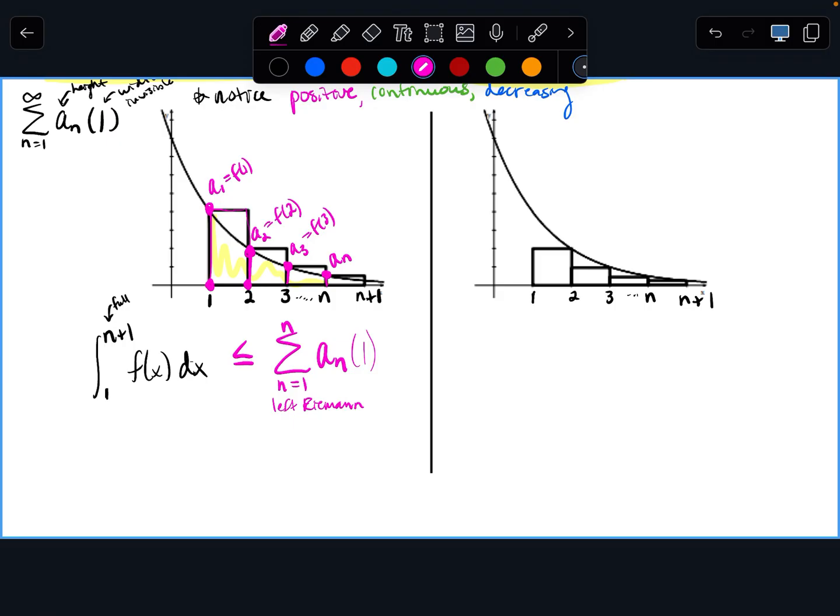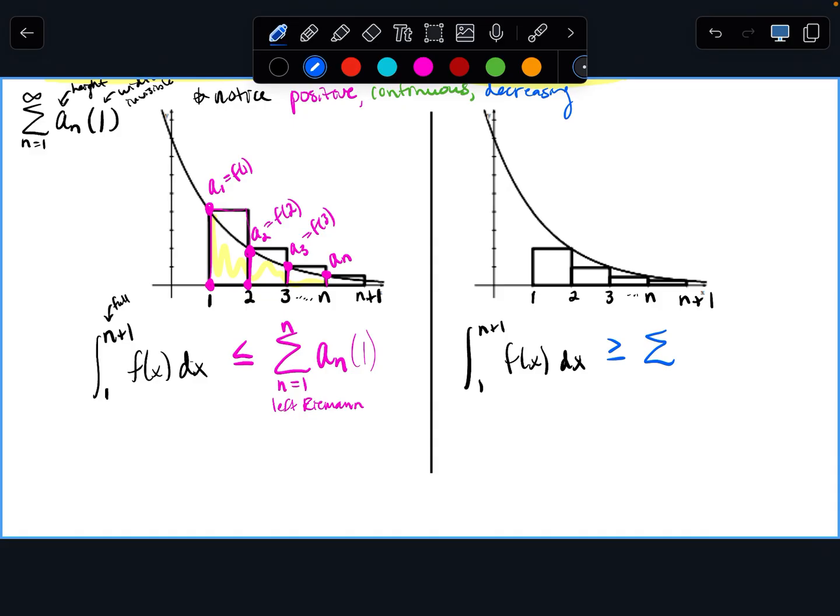Let's just go. It's kind of confusing, okay? So just hold on. So then, if I'm looking at the other one, I'm using right Riemann sums, okay? So this one is going to be an underestimate because it's below the actual. So if you're comparing your integrals, we'll put it here, your same integral, the integral from 1 to n plus 1 of f of x dx,